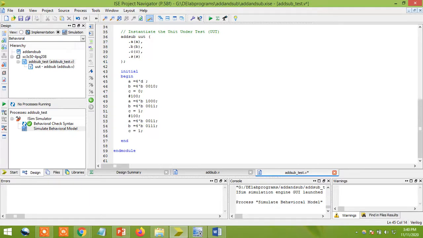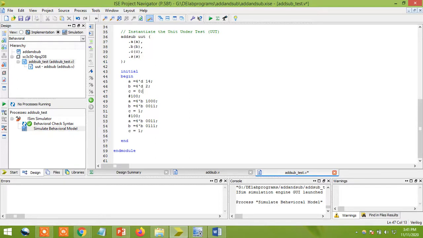What is the number you want? You need to give 4-bit values only. You can't give 20, 30, 400, 500. If you want to give those, you need to change my program. 4 bits means you need to give less than 15 only. I'll give the decimal number 14. Next, I want to give a decimal number. Decimal number means don't give b, you need to give d. Now I'll check the value, it is 2. I'll give just 2.